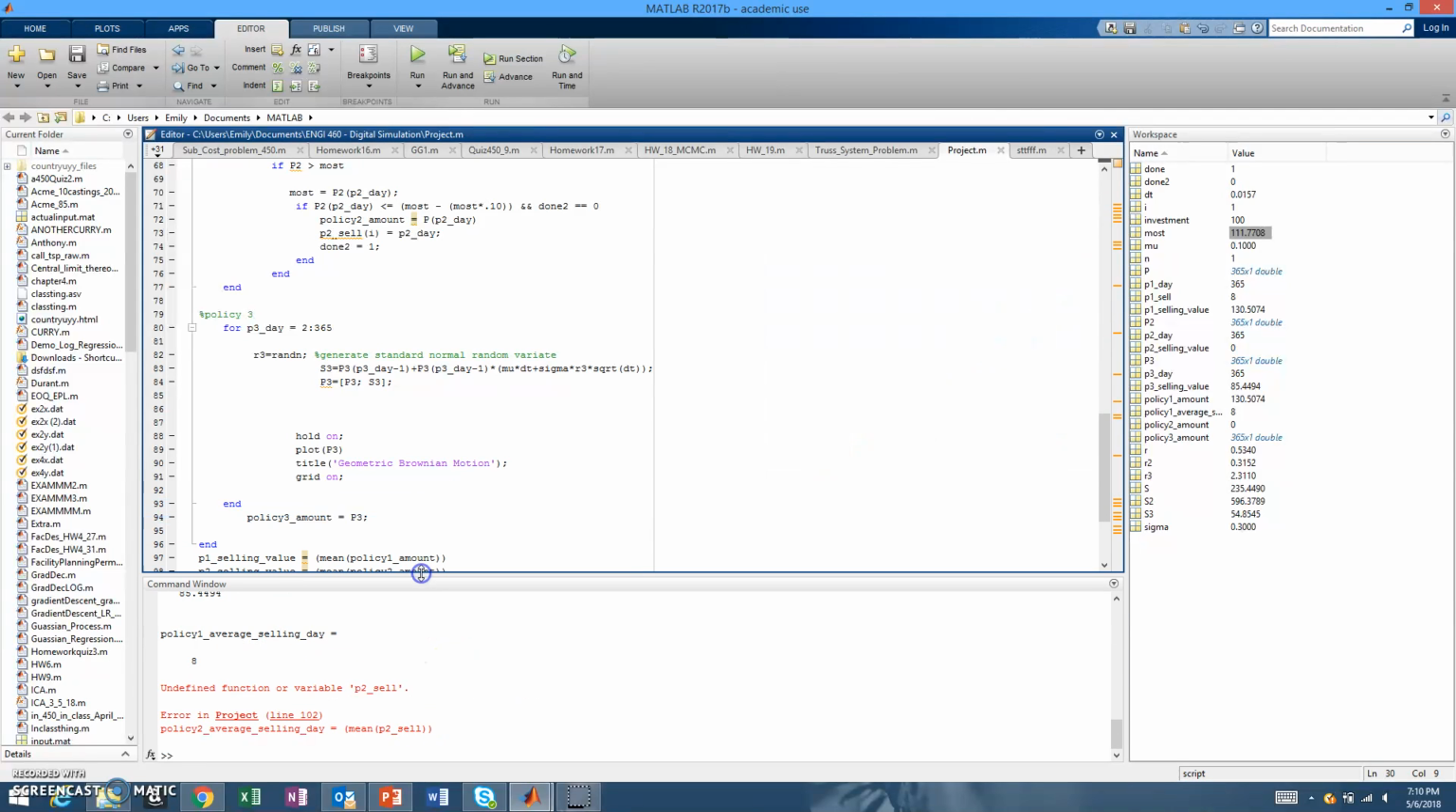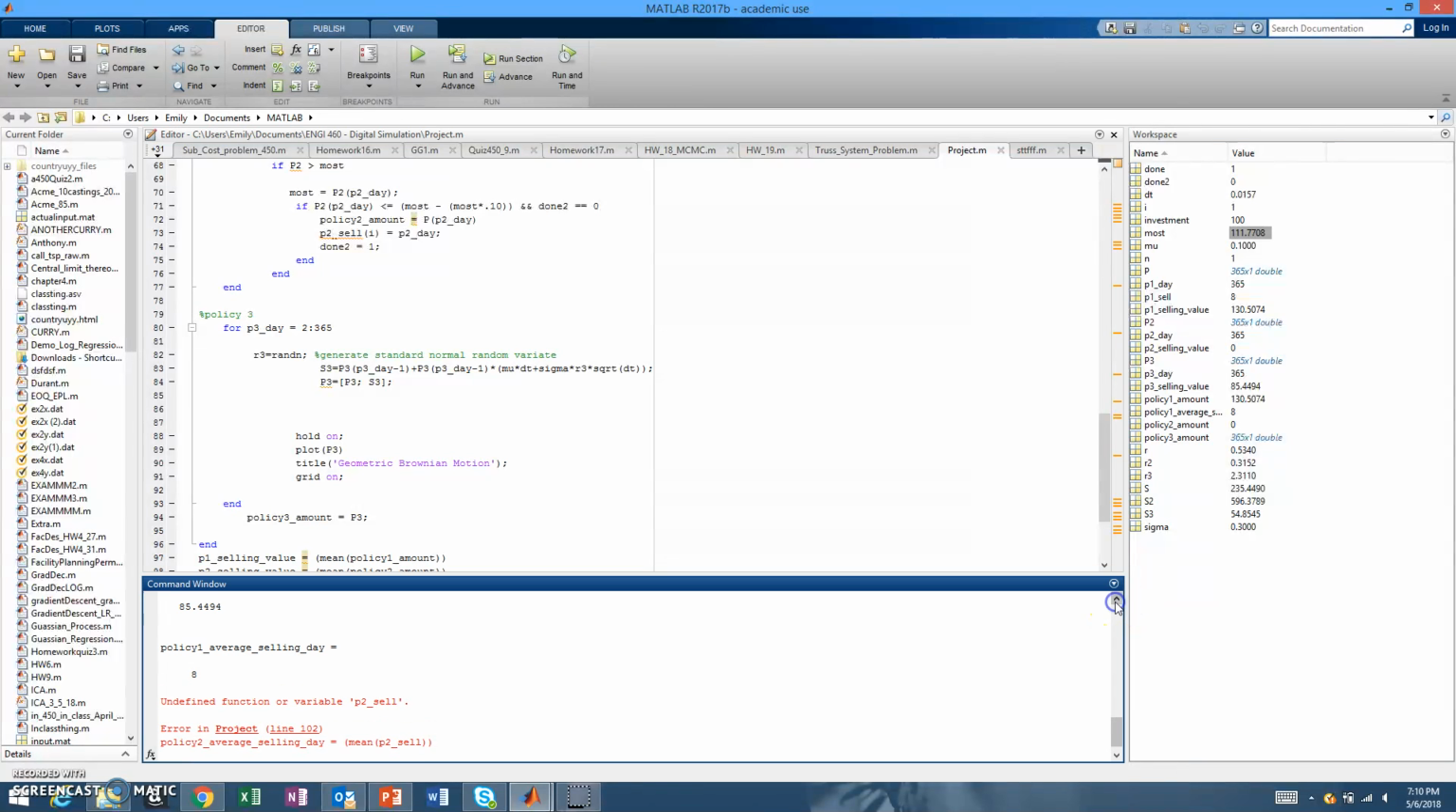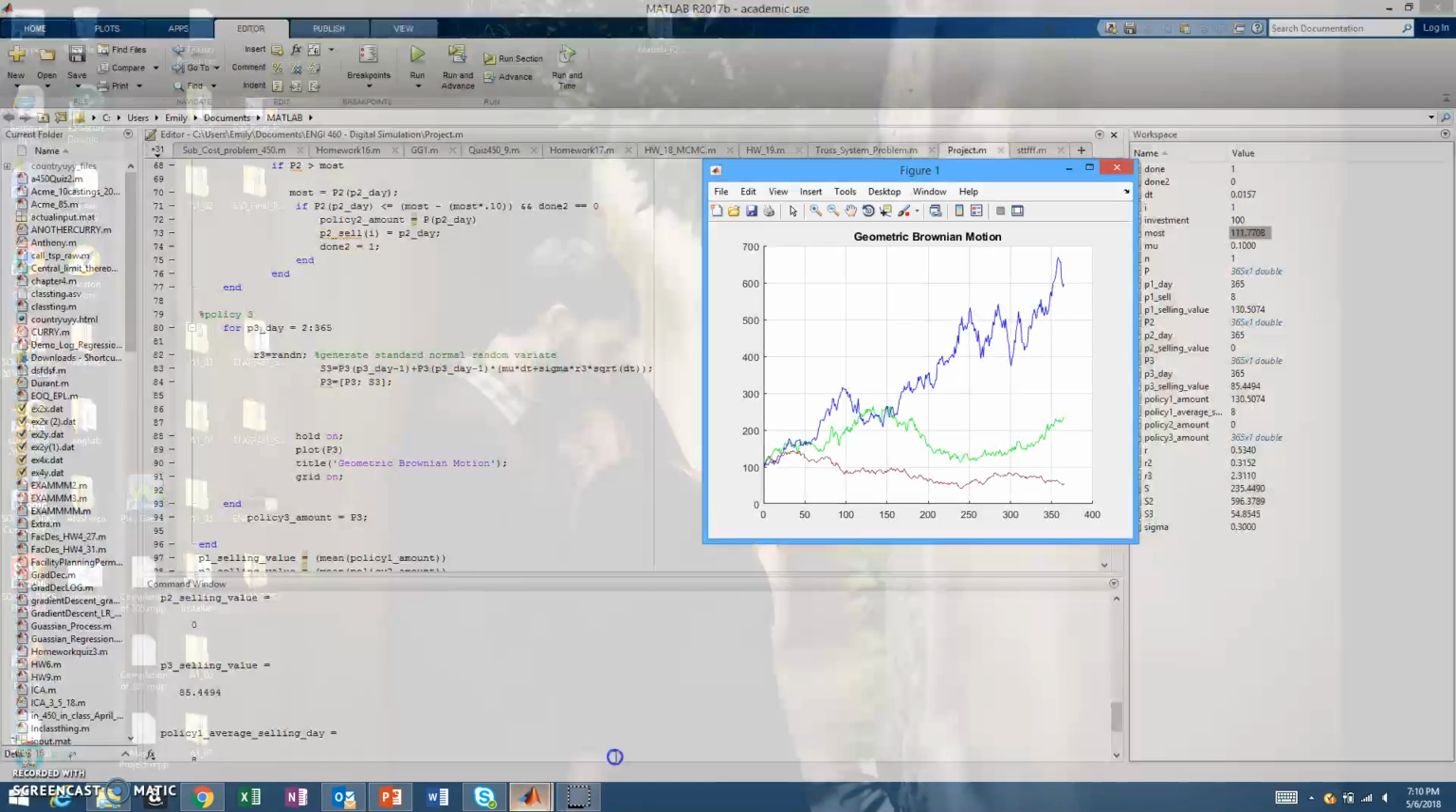Right now, we do have this undefined P2 selling value. That's the issue that I'm having with policy 2 that I talked about. But we'll go through the amounts. The P1 selling value right now is 130, and then the P2 selling value is 0 just because it's not quite working right yet, and then the P3 selling value is 85. And when we look at this graph right here,